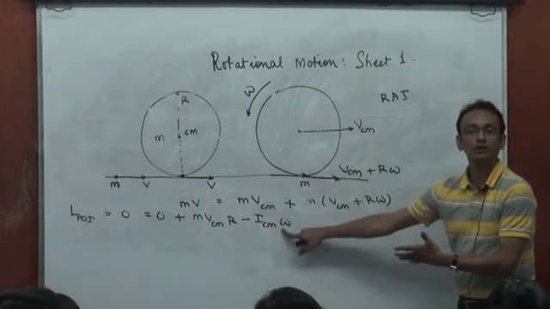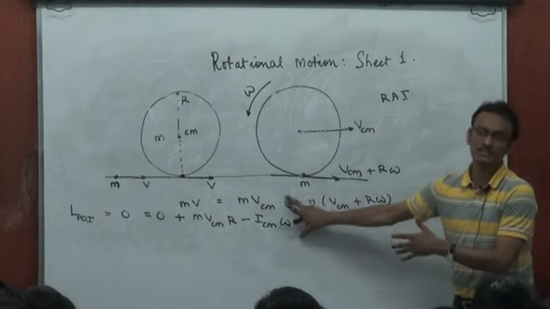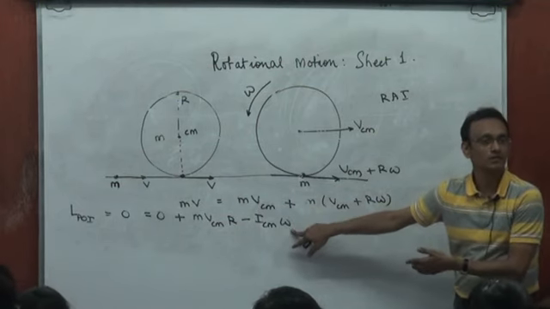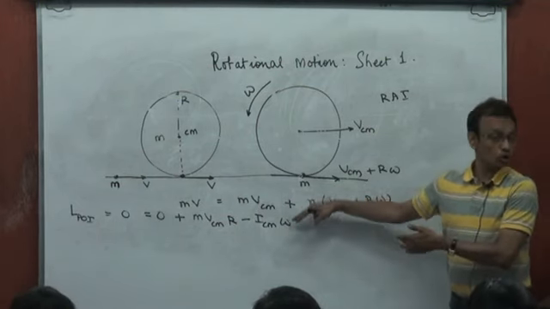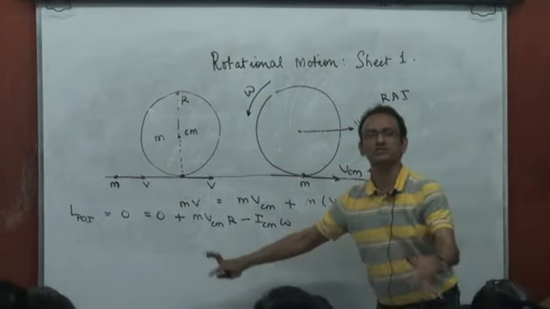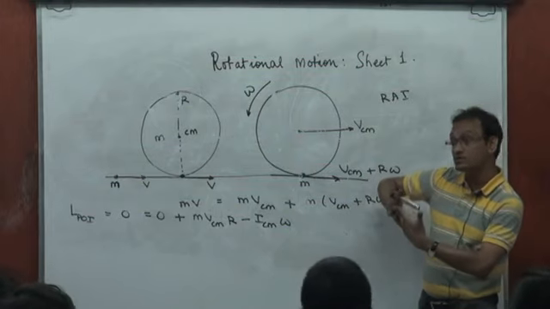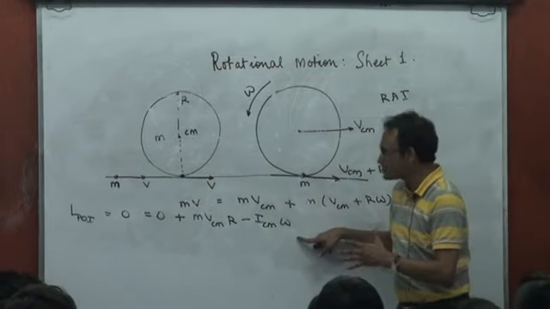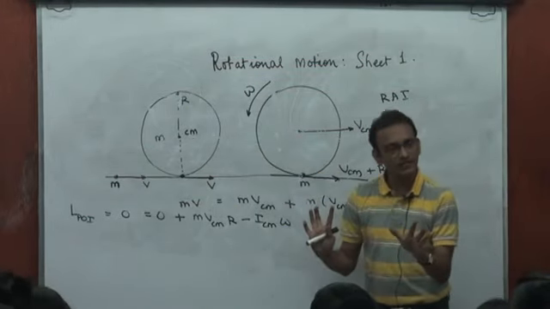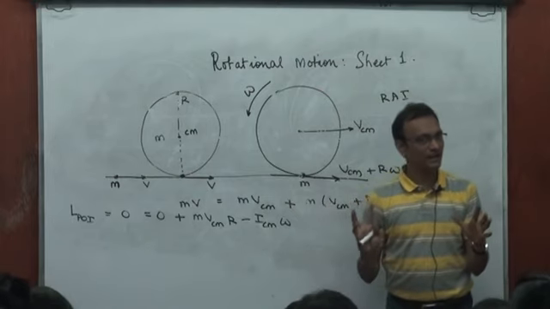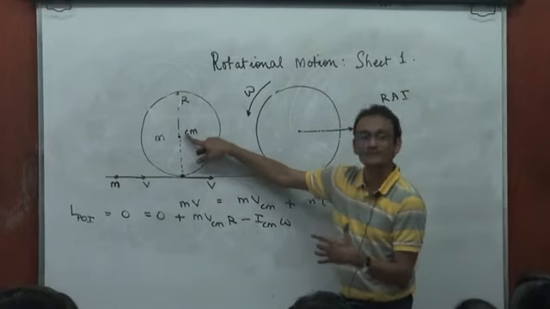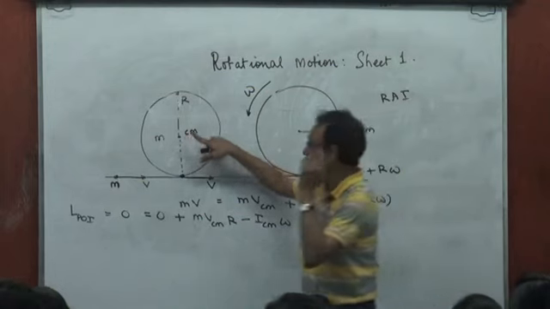And you can solve for omega from these two. This is the physics. The rest is algebra solving for omega. And just out of academic interest, let me write the angular momentum about the center of mass. It still will give you the same final omega. If I choose to write angular momentum about the center of mass, well, to begin with,